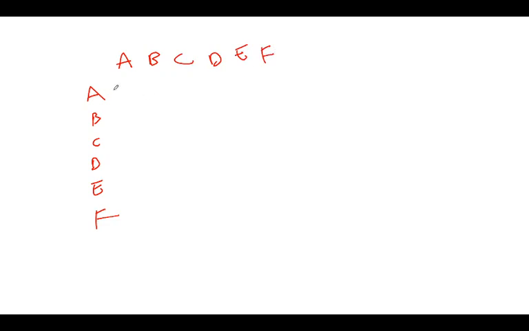So we have to draw the table, but make sure that we do not draw the table with the equal pairs, I mean A comma A, B comma B, C comma C, D comma D. We don't write the table in that form; we write it in a different form, like B comma A. Just observe it, then I will make it clear. Don't worry, it will be so easy.